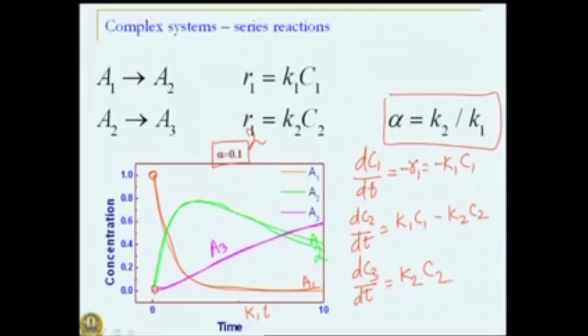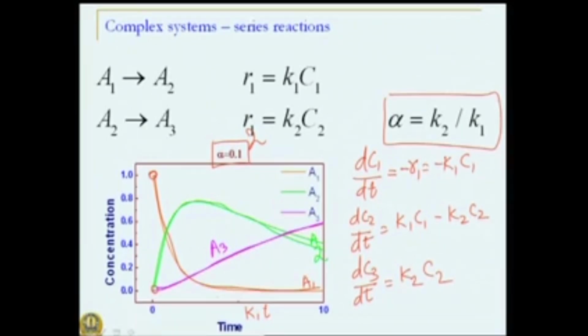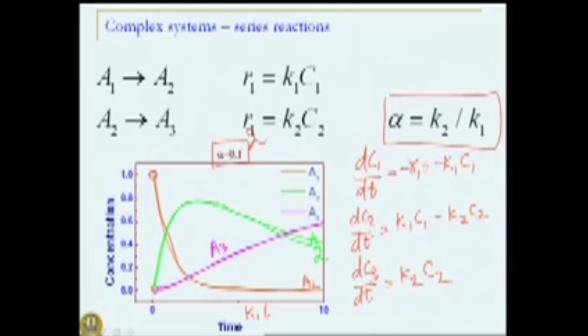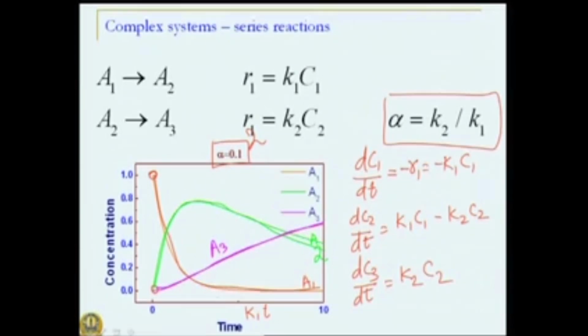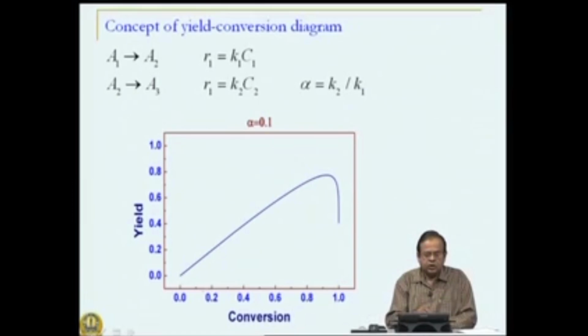So, now what we will do is the same representation of concentration versus time. We will now try to see the build up of A2 as A1 is getting converted, or in other words, we will see the same behavior, but instead of time, this time on the x axis we have conversion of A1,